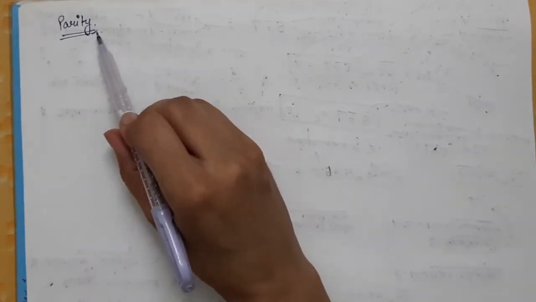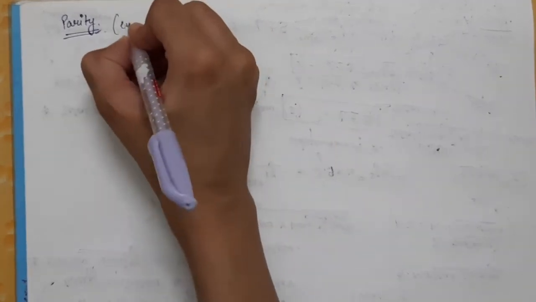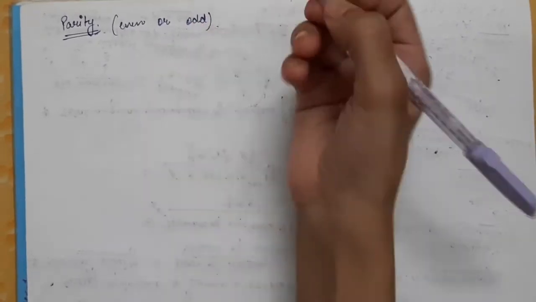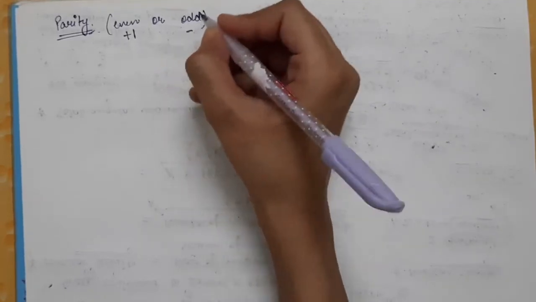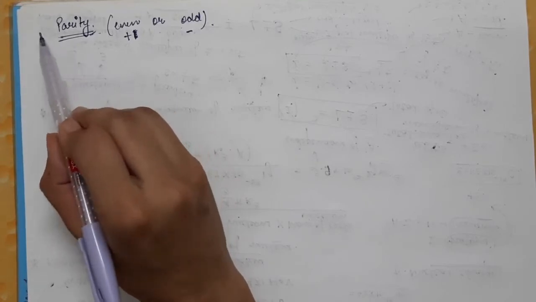The next property of the nucleus is parity. The parity of a nucleus can be either even or odd, that is, it can be either plus or minus. The parity of the nucleus comes into account when the coordinates of the nucleus are inversed. We know that every quantum mechanical system